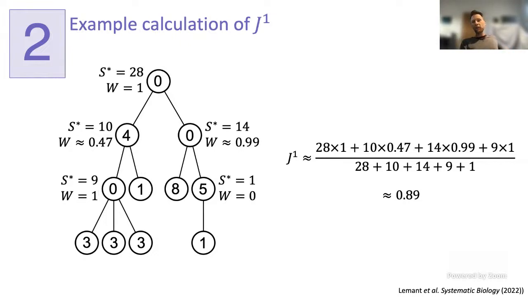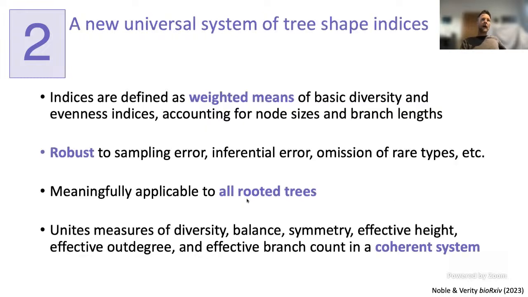So this first index we came up with takes into account the topology of the tree and the sizes of the nodes, but it ignores branch length. And so a problem that bugged me for ages is, how do you account for branch lengths in a nice way? It took me a long time to come up with it, but finally I came up with a nice way of doing that which has all the properties you'd like it to have, which means that it varies continuously as you vary the branch length. And as you shrink a branch length to 0, the index continuously moves to the value you would expect it to.